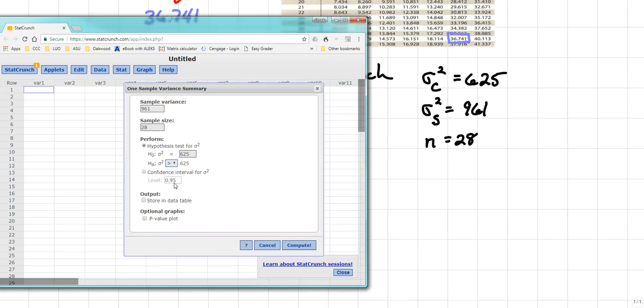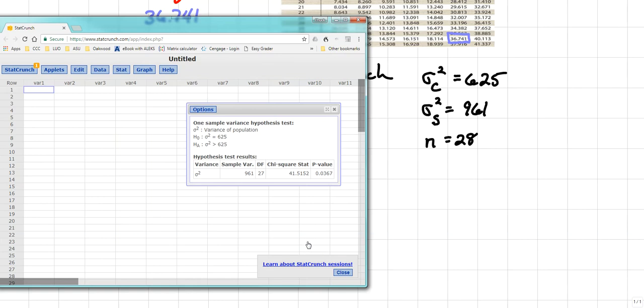And it is a right-tailed test, so the alternative hypothesis will have the greater than. And then we simply left-click Compute. And that gives us this pop-up window. And this pop-up window has all the information in it that we need in order to go ahead and complete